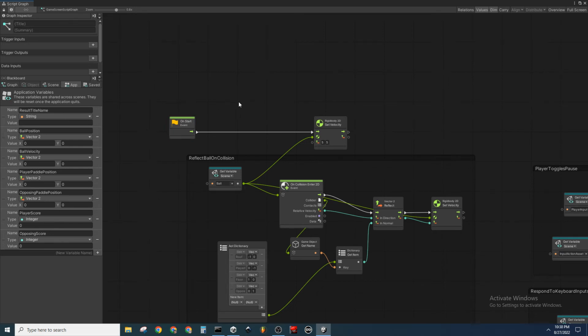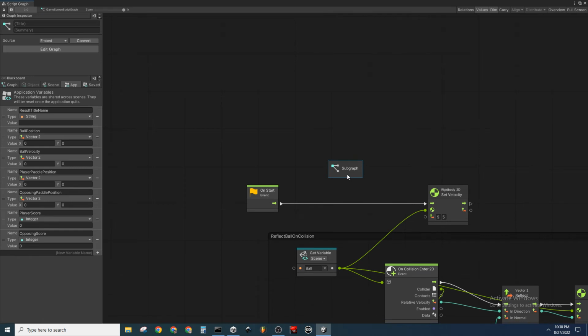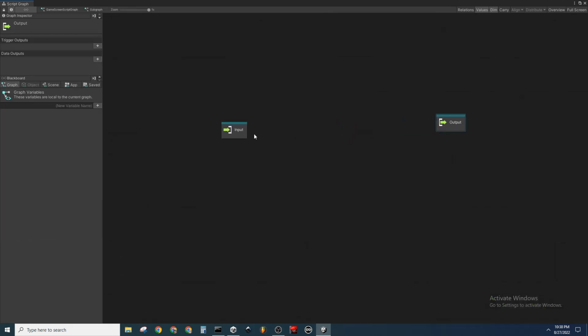So I will left click to deselect, right click to open the fuzzy finder, go down to nesting, and select subgraph. Then I will double click on the subgraph to zoom it in, double click on it again to open it up. And what we have to do here is